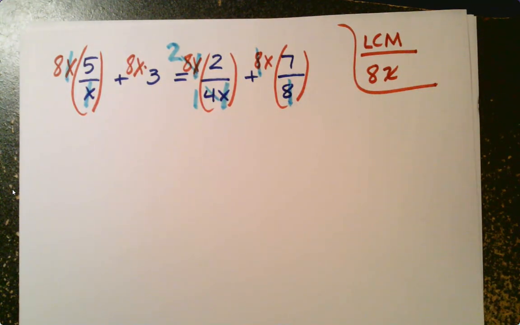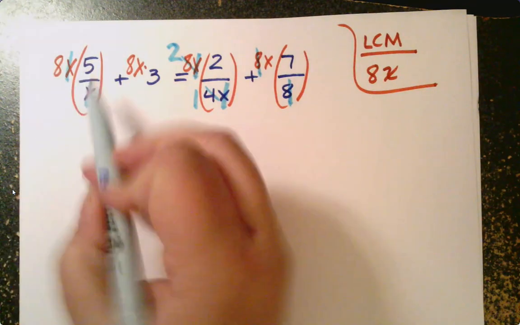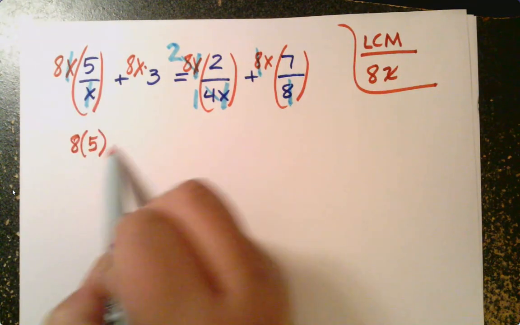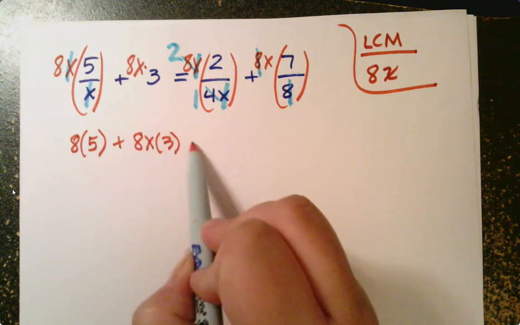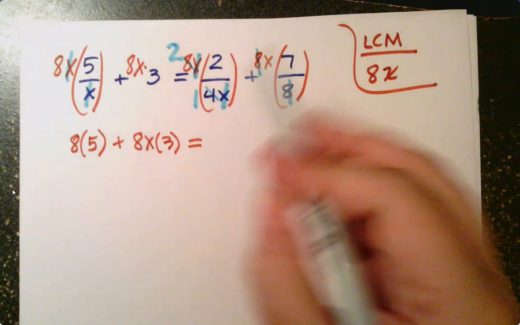Be careful that you definitely see everything that's been left behind. You kind of have to keep your eyes peeled here at this stage to make sure you don't leave anything out. So 8 times 5 is left, plus 8x times 3 equals 2 times 2